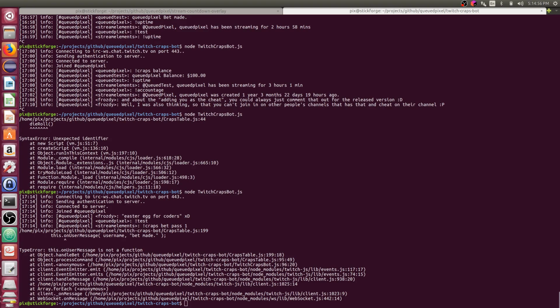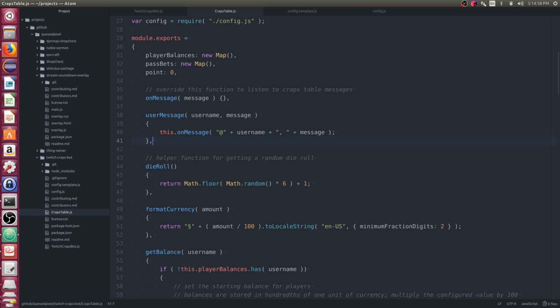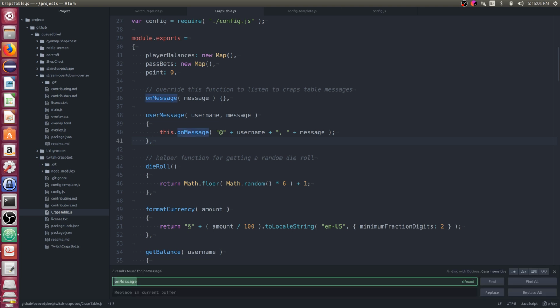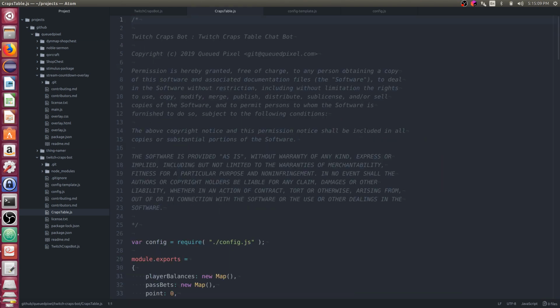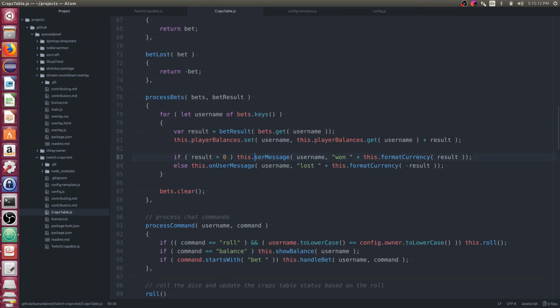Why is it not a function? Oh, damn it. So I typed in on user message when it's really user message. I gotta fix every single one of these.